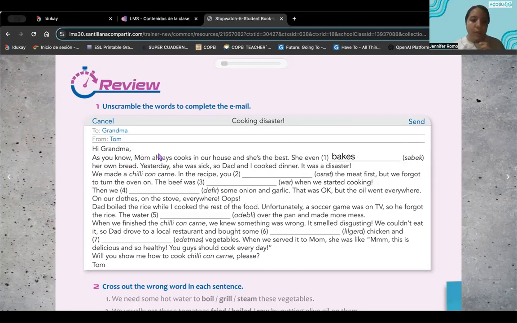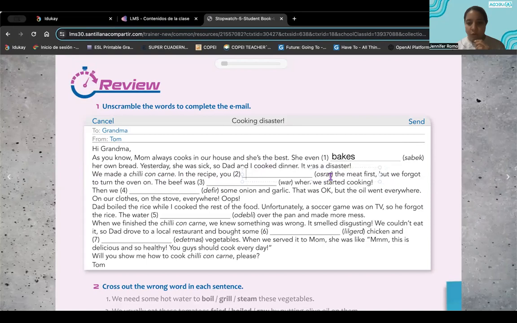So as you know, my mother always cooks in our house, and she's the best. She even bakes her own bread. So yesterday she was sick. So Dad and I cooked dinner. It was a disaster. We made chili con carne. In the recipe,